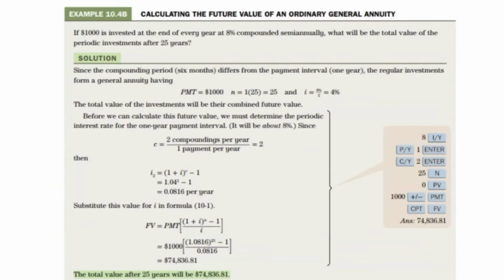If you want to look at another example that's worked out here for us, if $1,000 is invested at the end of the year at 8% compounded semi-annually, what will be the total value of periodic investments after 25 years? So we've got $1,000 going in, and it's going to be invested at the end of every year. So $1,000 every year for 25 years. The compounding is semi-annually, and